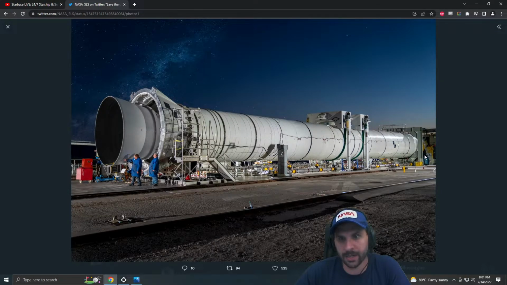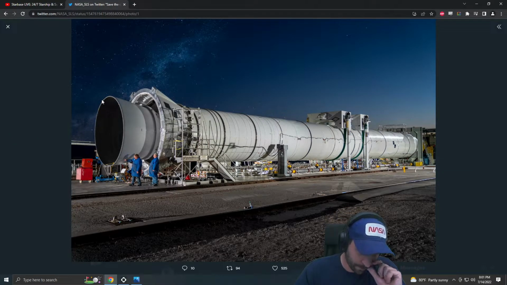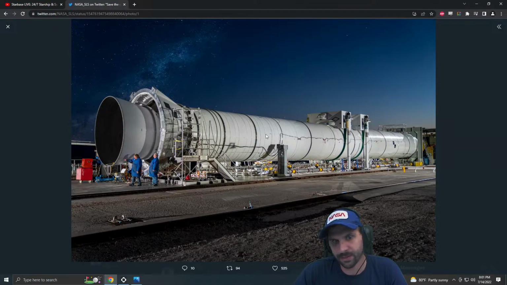So it looks like they're going to do another 5-segment booster test here, which is pretty good. That's pretty sweet. And then, you think you know how big this booster is, and then you look at the two dudes that are standing there and go, oh. Yeah, that's not small. What you're seeing there is the single most powerful solid rocket booster and one of the most powerful single rocket engines ever designed. That thing makes 14,000 kilonewtons of thrust.